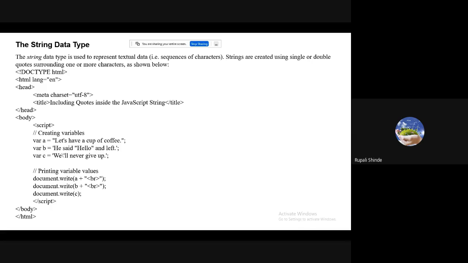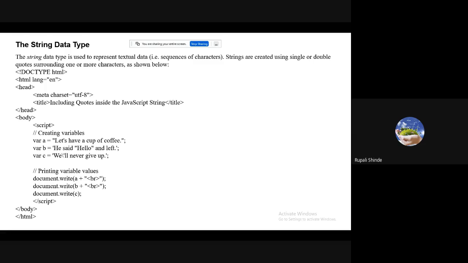So after the body element, we have a script element. Now here we are going to create the variable. The syntax to create a variable: instead of writing the data type, we just specify the keyword var, and next the name of your variable. You can take any name here. So var is equal to, I'm going to assign some string here.